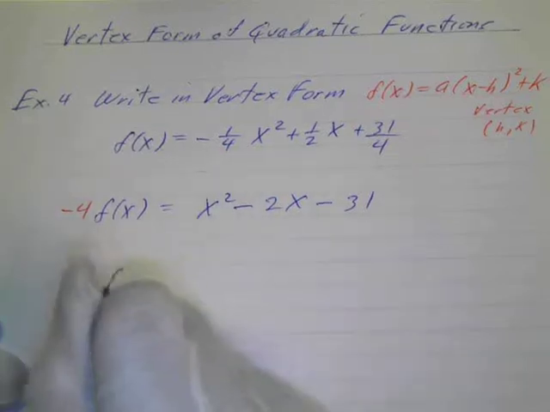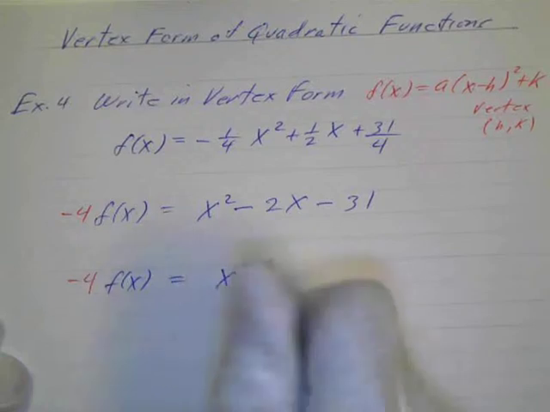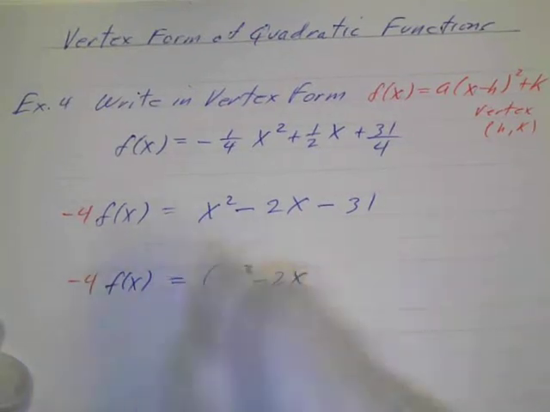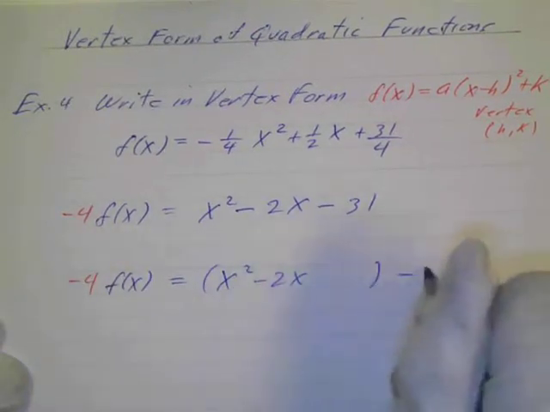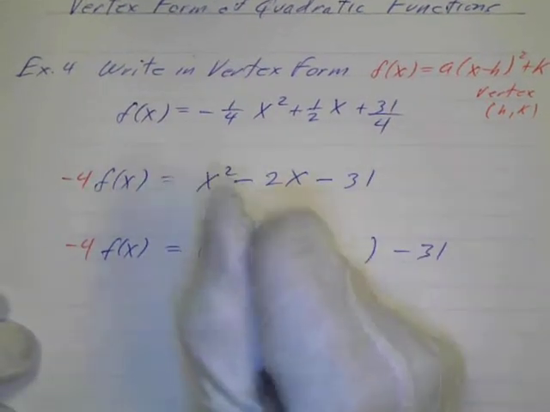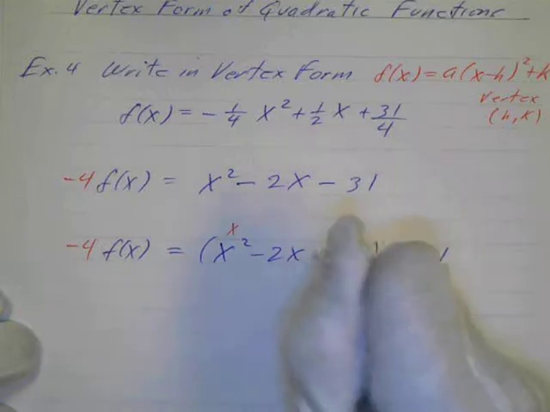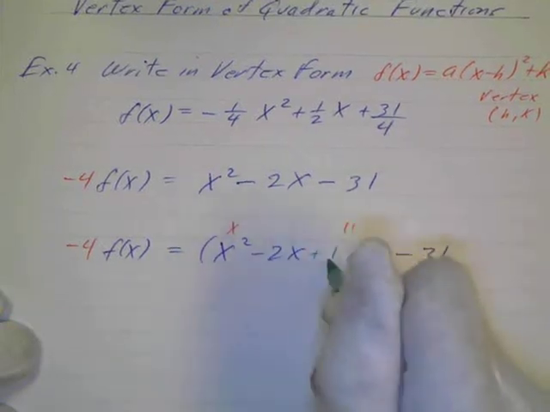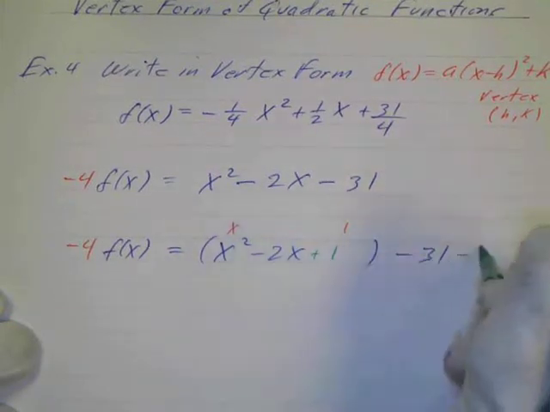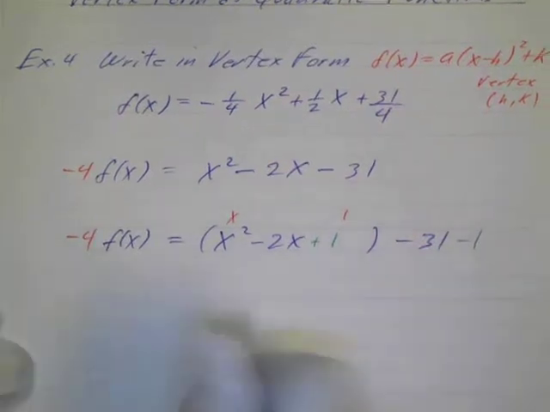Now I've got f of x here. 2x. I'm going to build my trinomial square part, minus 31. And we know how to do this now. What's half of 2? 1. What's 1 squared? 1. So I'm going to add 1. But if I add 1, I've got to subtract 1. So now I've got negative 4